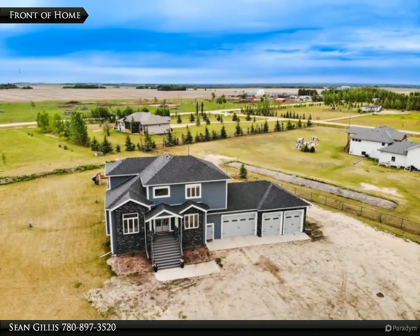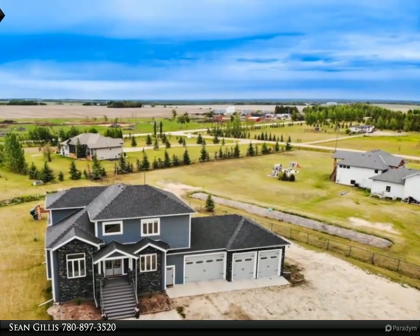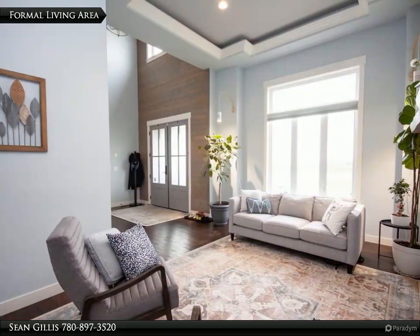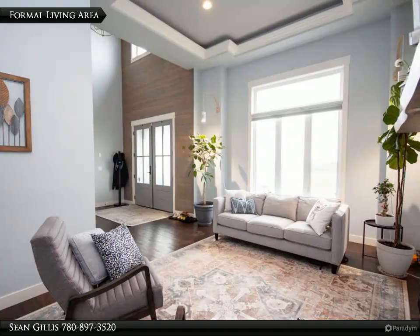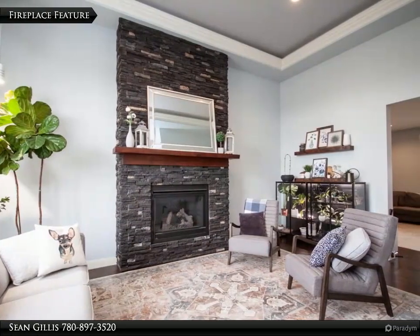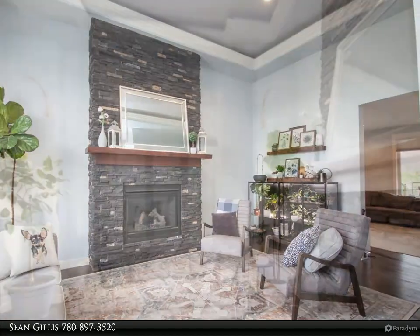View of the city from your upper-level bedrooms in this custom 2-story boasting well over 2,500 square feet. Home is very thoughtfully laid out with a spacious main floor plan host to main floor office, main floor laundry, formal living room with stone fireplace feature and great room off the custom kitchen which is light and airy with